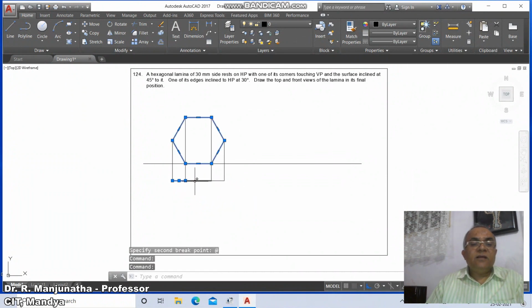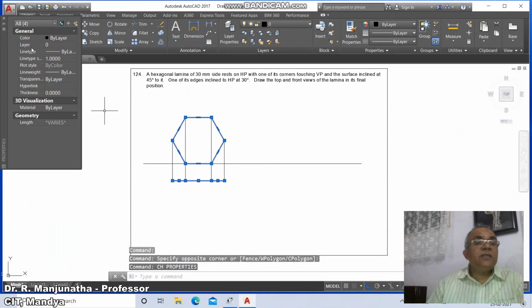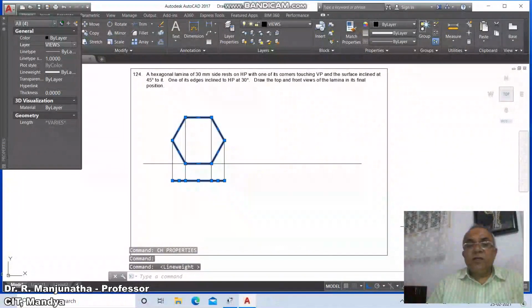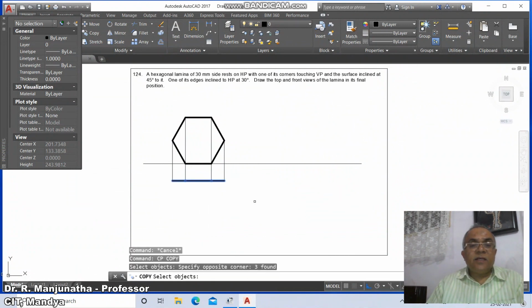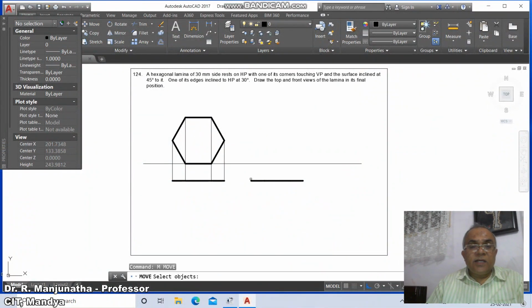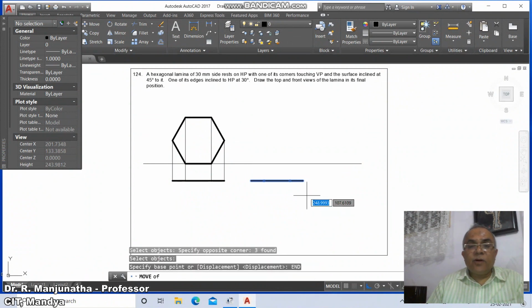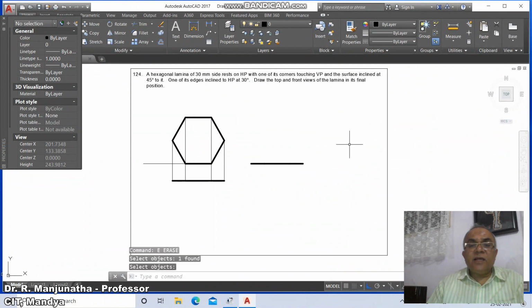Then select this line and these top few lines and go to ch and go to layer, make this as views and switch on the line weight display. Then you just go to copy, select this entire thing, copy to the next position and go to move, take this tilt to the end point of this and draw perpendicular to this. Then you erase this line, then go to rotate, select this entire thing and take end point.